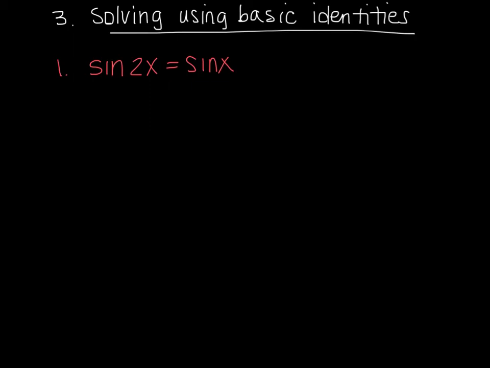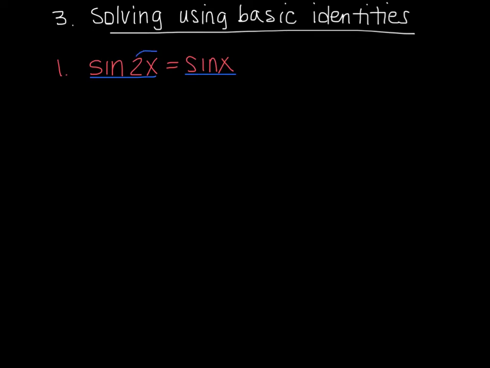Okay, so one basic idea of trig is that when you have more than one trig function, so I see a sine of 2x and a sine of x. If it was just sine of 2x and then a constant value like a half, I don't necessarily need to do anything with the double angle. But if I have more than one trig function here, sine of 2x and sine of x, I need to make sure that I can somehow get these in the same angle and in the same trig function. So they're not the same angle because certainly one is a double angle and one is a single angle. So one is sine of 2x while the other one is just sine of x.